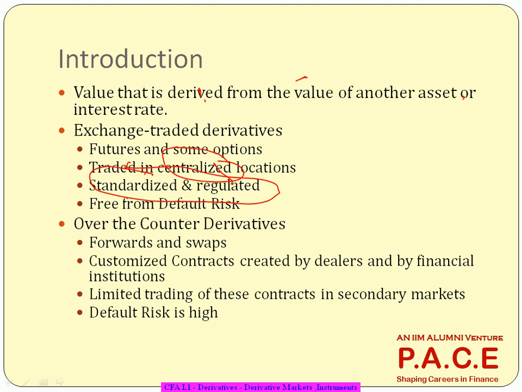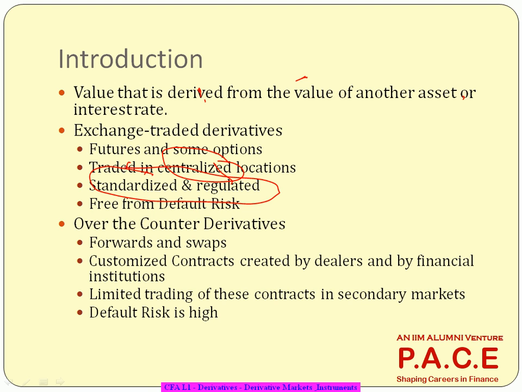Now in that case, the exchange will only focus on those items for which there is a real market, for which it thinks there are buyers and sellers in good numbers, for which the trading takes place in large numbers. Even if there are 20 different varieties of cotton, it will trade for only two varieties of cotton. If I want a third variety of cotton, again it has to be between two different parties itself.